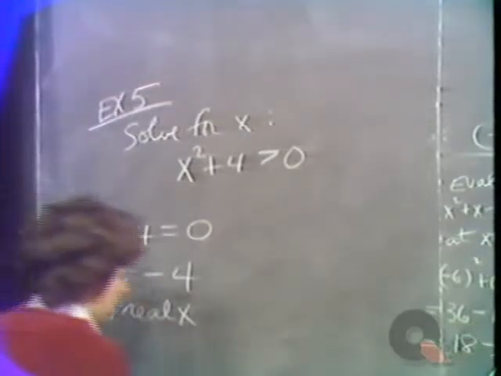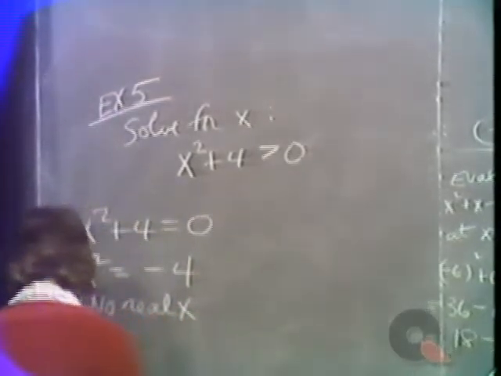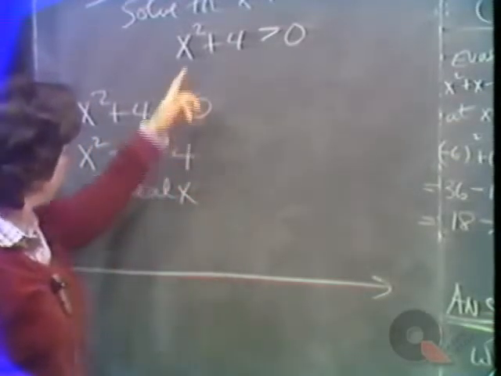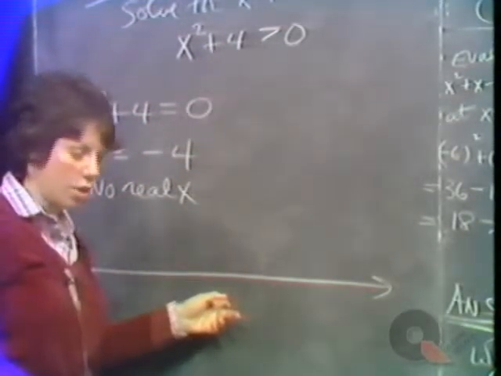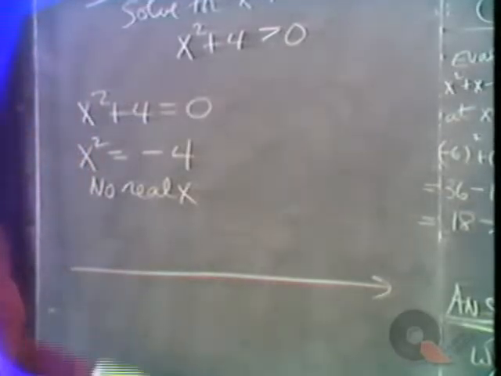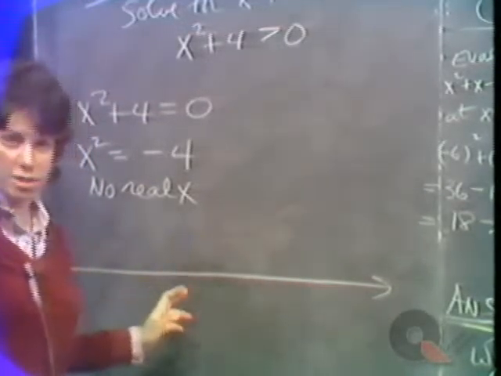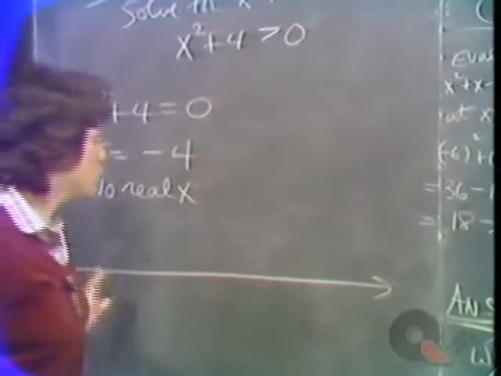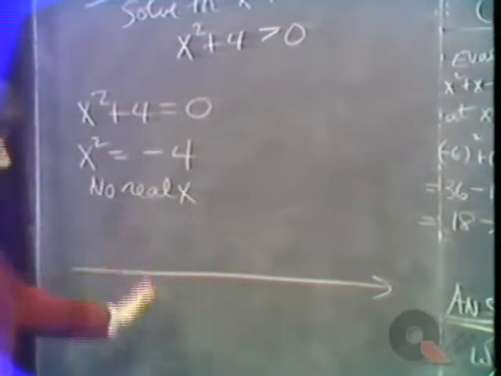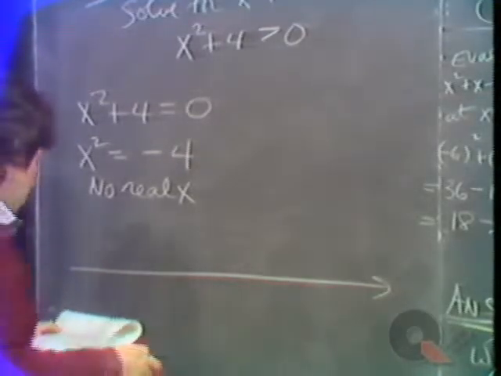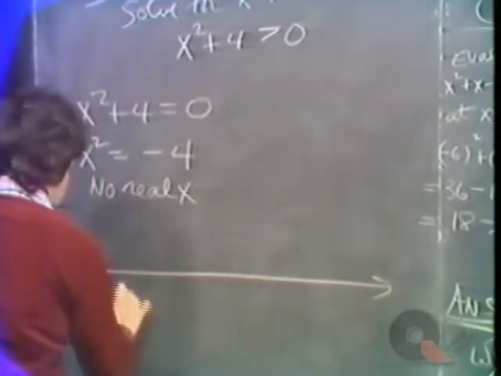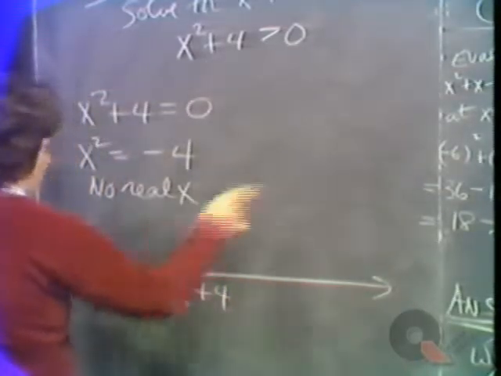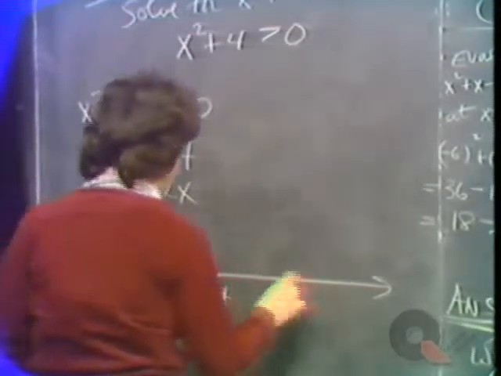So what are we going to do about a testing value? Well, since this expression never takes on the value 0, it can't change sign from positive to negative or negative to positive, because that could only happen if you pass through 0. We can just simply think of this as one big portion. In other words, we do not break up the line into portions. We simply evaluate x squared plus 4 anywhere on the number line. For example, evaluate it